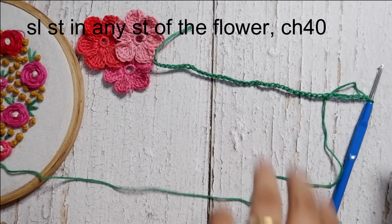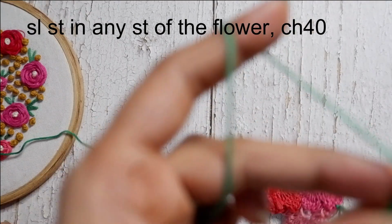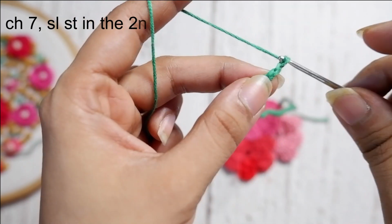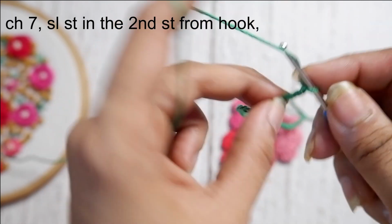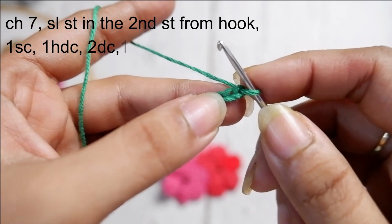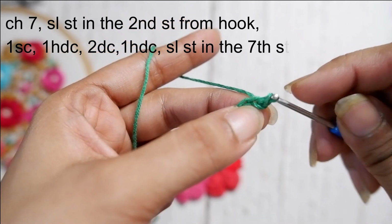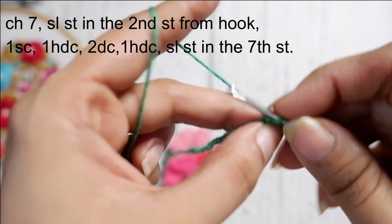When you have completed your desired number of chains, we will simply do chain 7 after that for making the leaves at the bottom area. So 7 chains are done. Then we will do a slip stitch in the second chain from the hook, followed by 1 single crochet in the next chain,